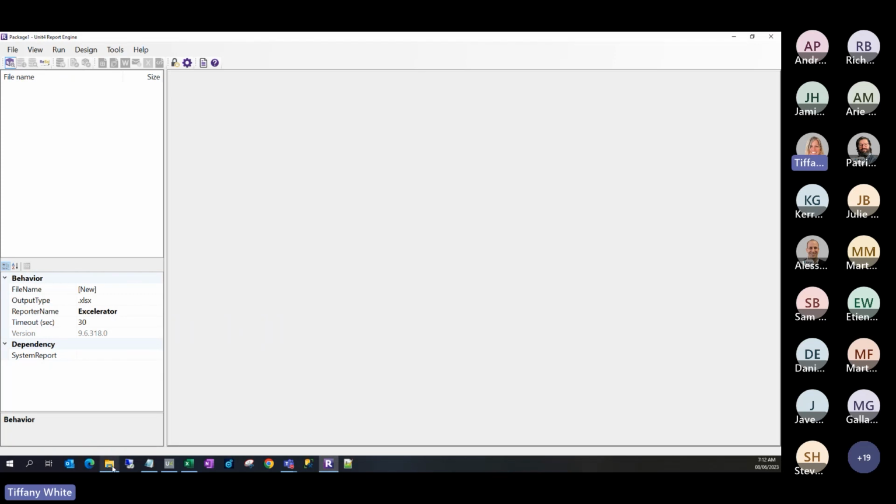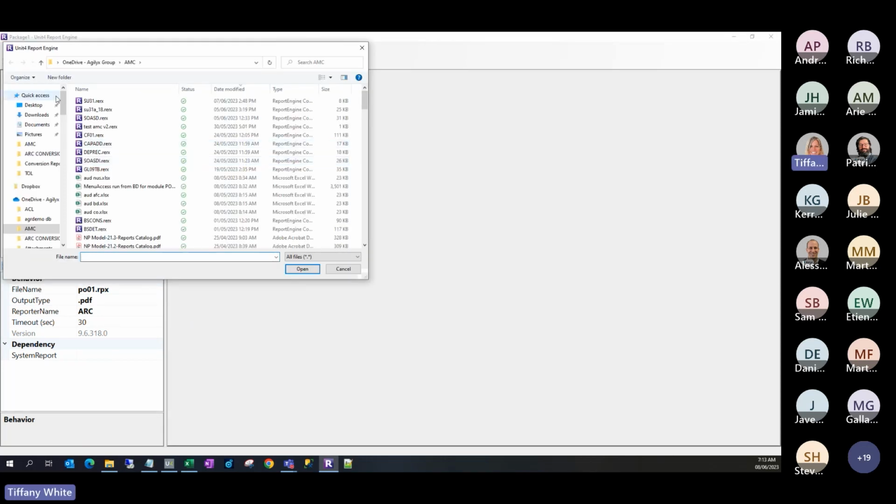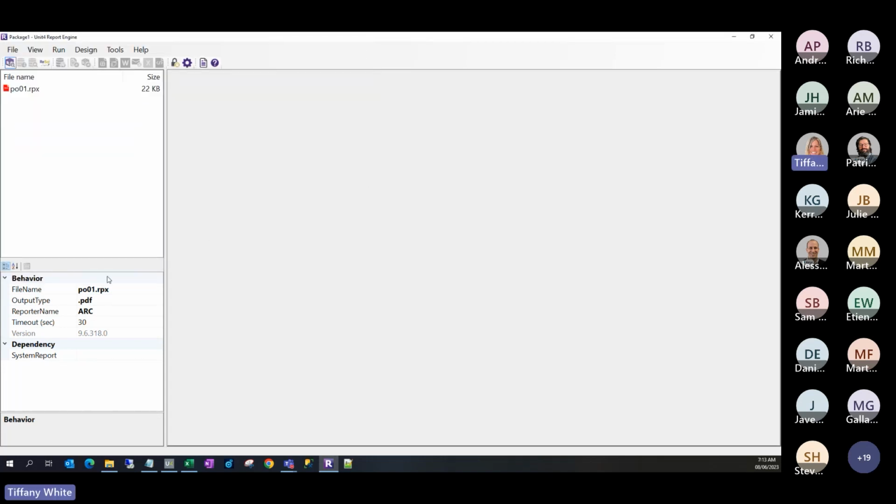And all I need to do is get my ARC report, and I can simply drag and drop it into this white surface up here, or I can go File, Import, and add my existing file. I need to go and find it in here. Okay, so next step here to get the converter started is a simple double click of the RPX file and saying yes to our conversion. So if I click on yes,